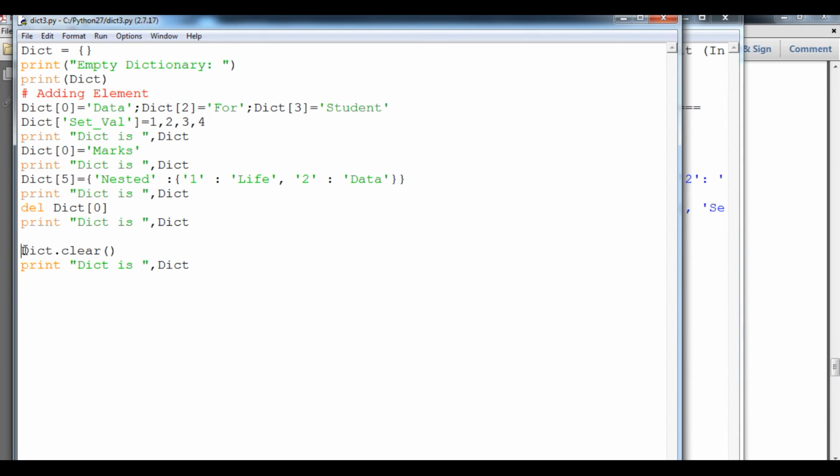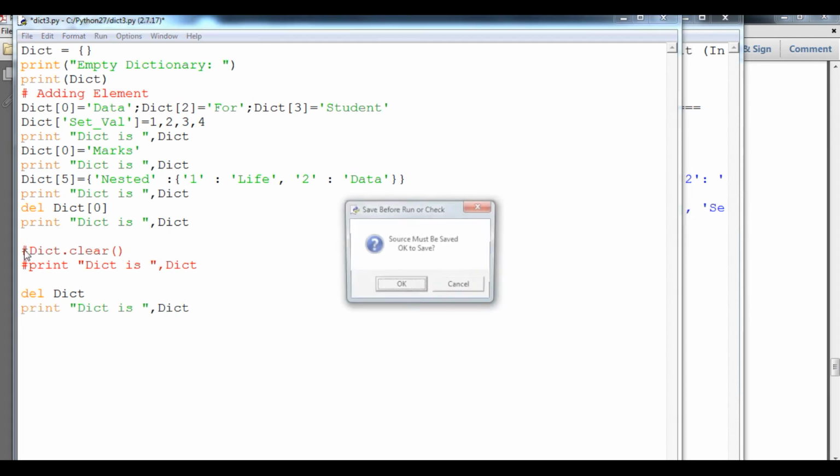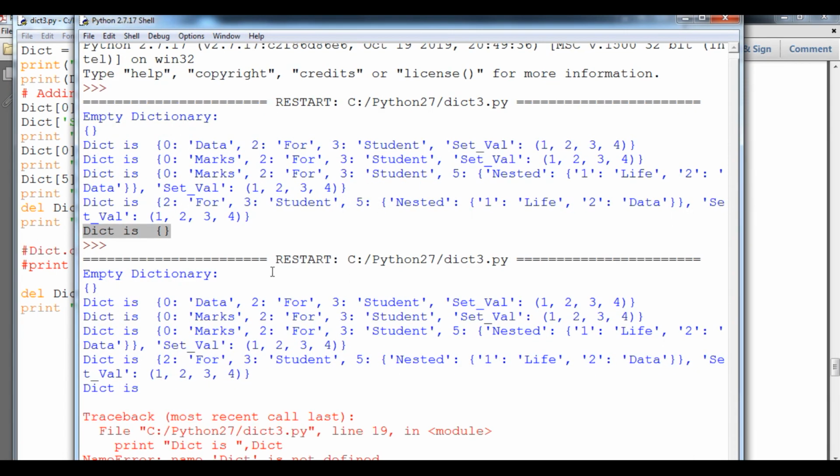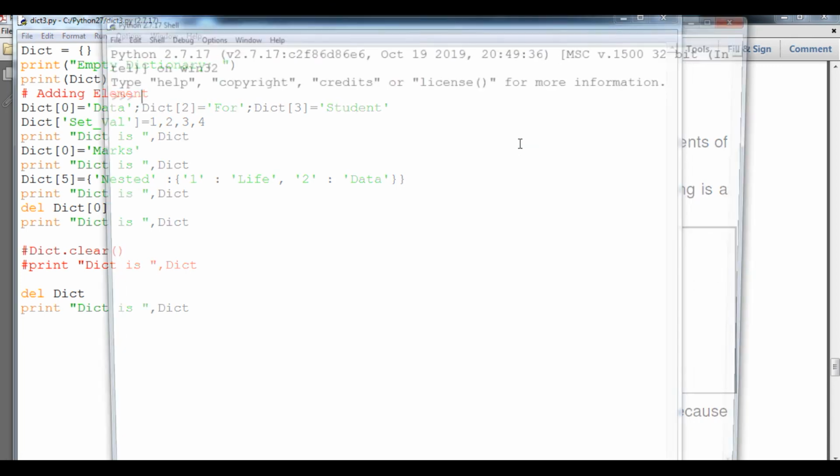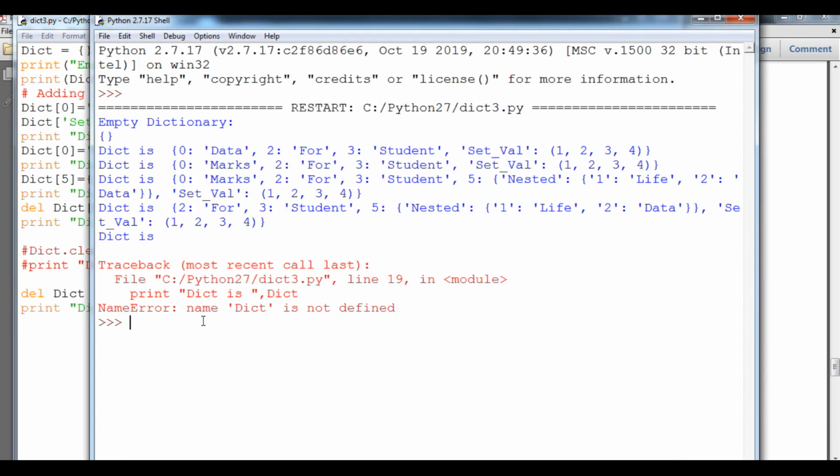Whereas if I make this a comment and say del dict, and then print this line again, let's see what the problem is. Here there will be an error. Why? Because the dict object is not identified by the Python interpreter, as it is deleted from memory.